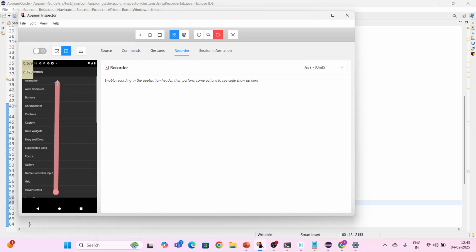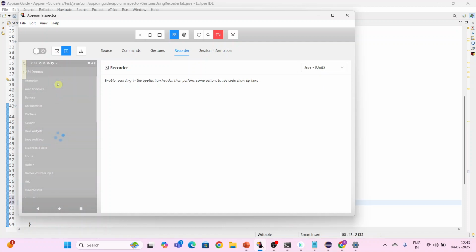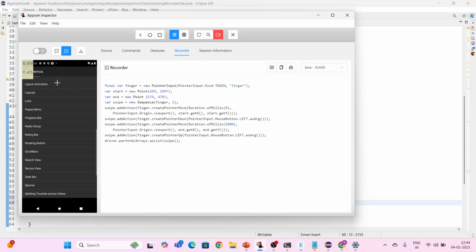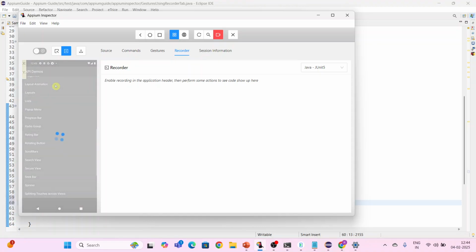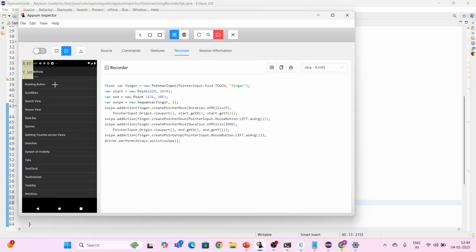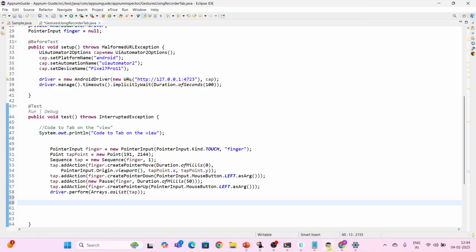So under the screenshot panel, I am performing the swipe from this position to this position. Once again, I will show you. I just clear this one, and I want to perform the swipe from this place to the particular position, and just tap on this one and move however much swipe you want to perform on the screenshot. See, the basic code is generated in the Java JUnit format. Copy this code. Okay, come back to our Eclipse, and here this code is for